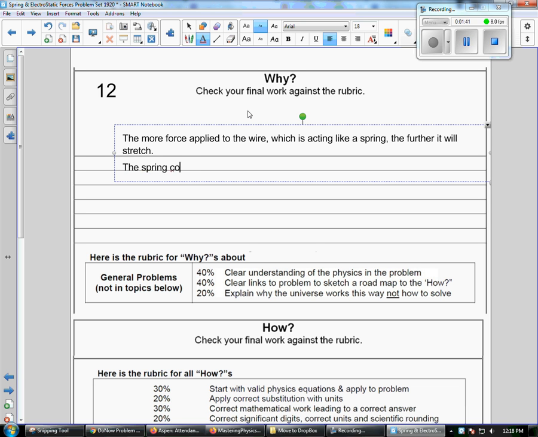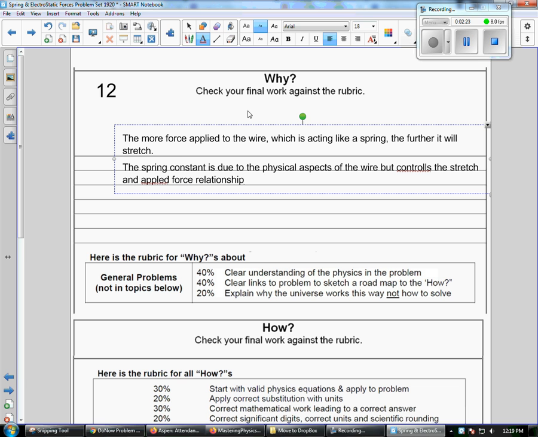The spring constant is due to the physical aspects of the wire, but controls the stretch and applied force